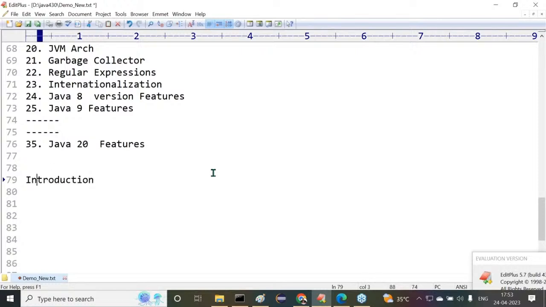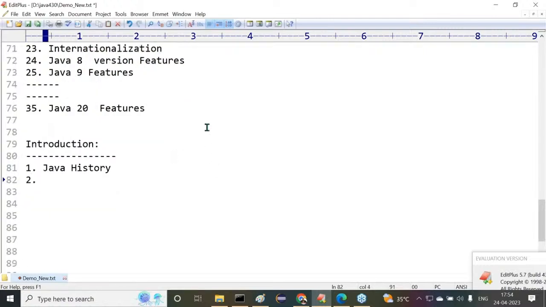In the introduction, what topics are available? What exactly is the content available in the introduction part? Observe carefully. Inside the introduction topic, the first one is Java history. Why Java came into the picture, who provided Java, what exactly the work was that the Java people did to prepare the Java programming language, all these points we are going to understand in Java history. After this,